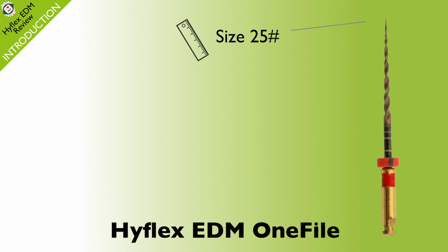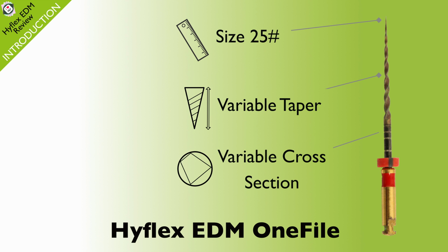The first is this file can be used as a one file system, and this size is an ISO 25. The taper is variable throughout the length of this file, and the cross-sectional shape changes throughout the length, from a square type shape at the tip, transitioning to a rhomboid shape, and finally a triangular shape near the shank. The file has shape memory, which enables it to be pre-bent if required, and this also adds to its overall